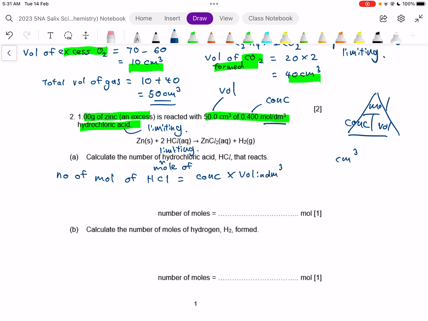So centimeter cube to dm cube conversion: divided by 1000. The other way, multiply by 1000. So concentration is 0.4, volume is 50 over 1000. So that will give us